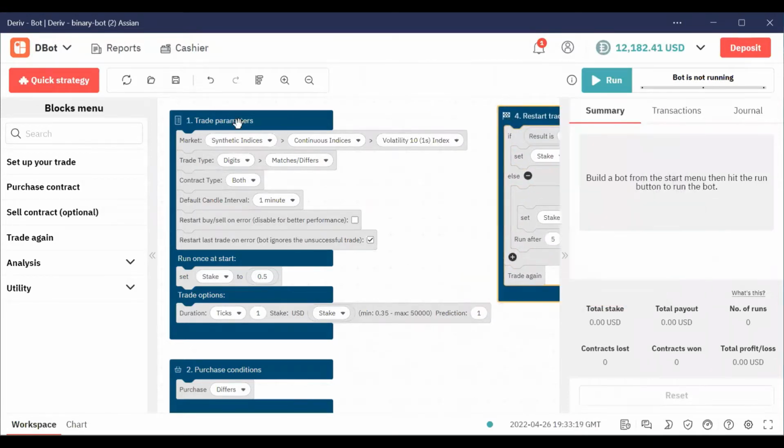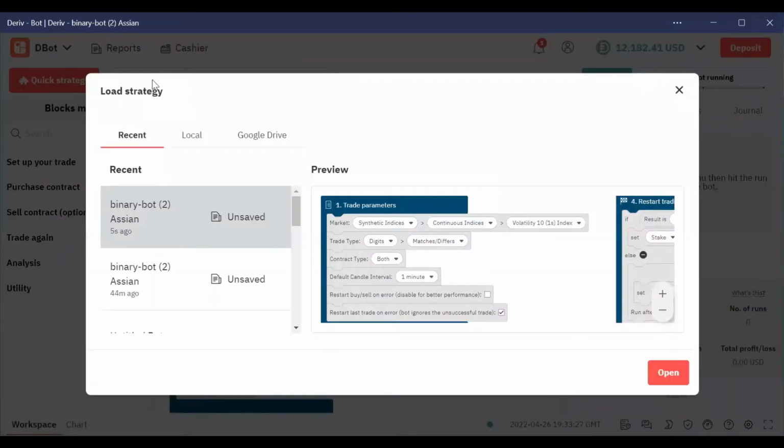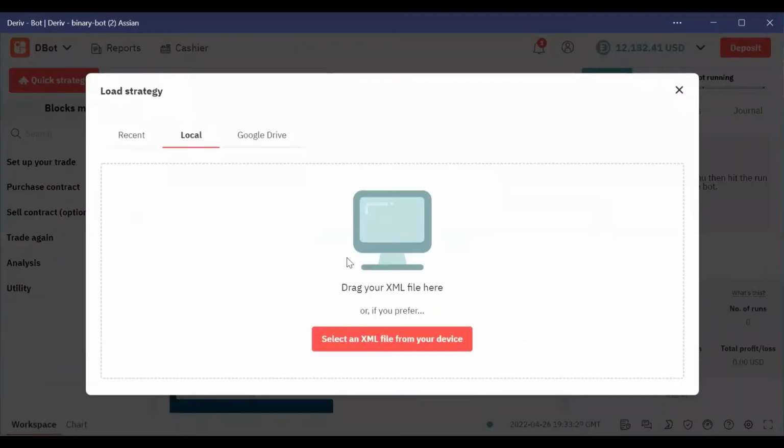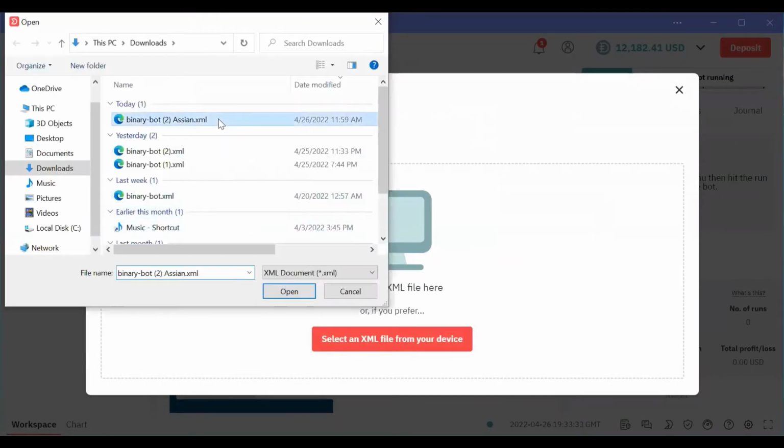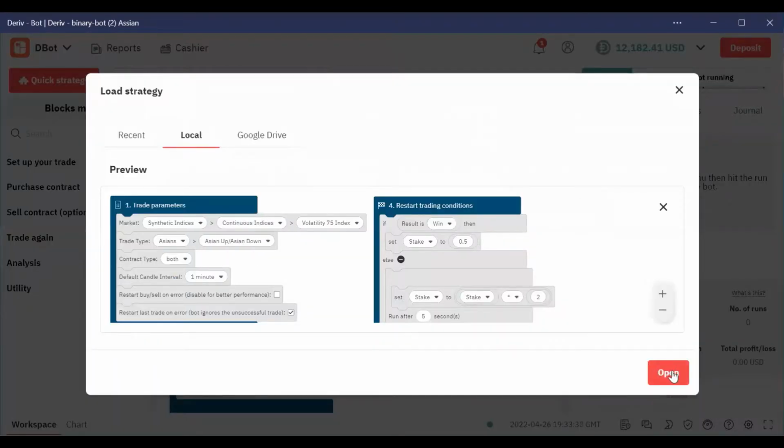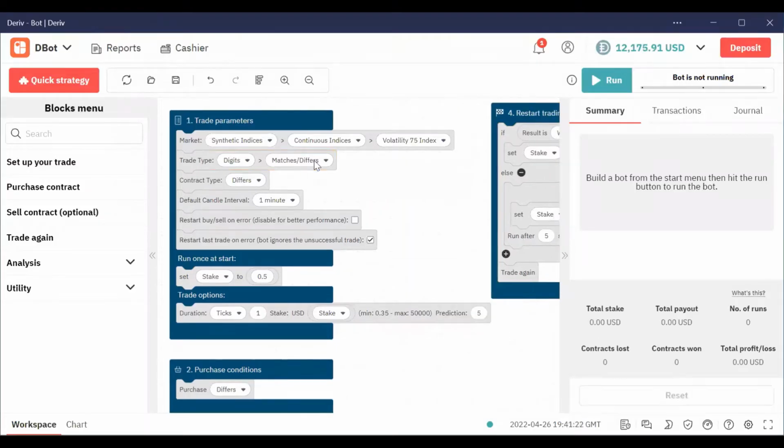you get the robot and you want to install it, you can just come over to this import here. You click on import, then it will take you to your local file where you can now choose the bot and open it to take you directly to the change this thing to